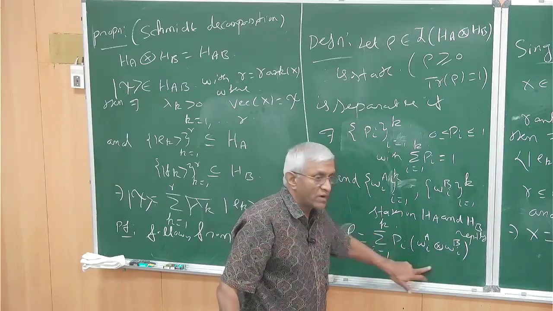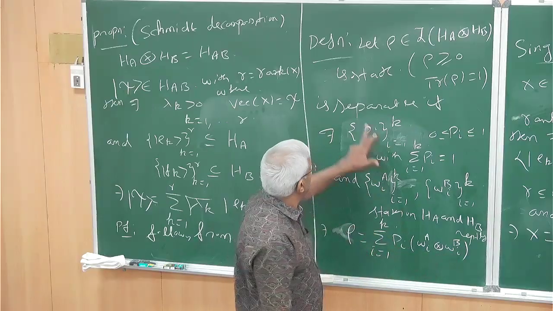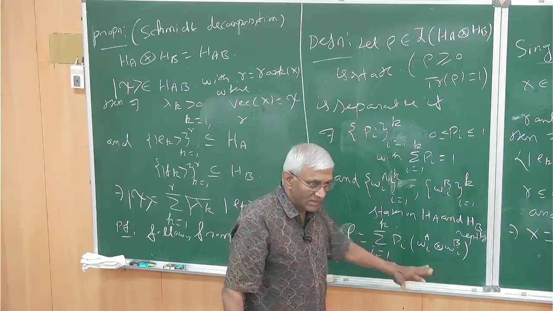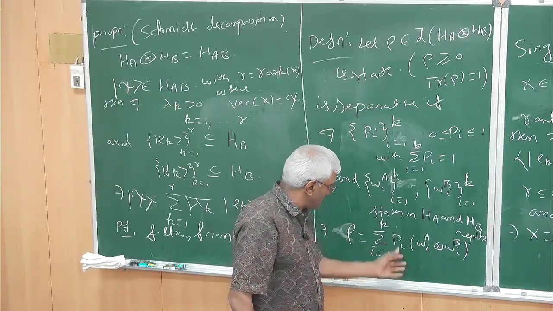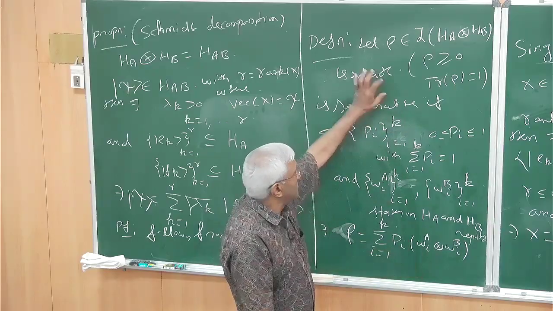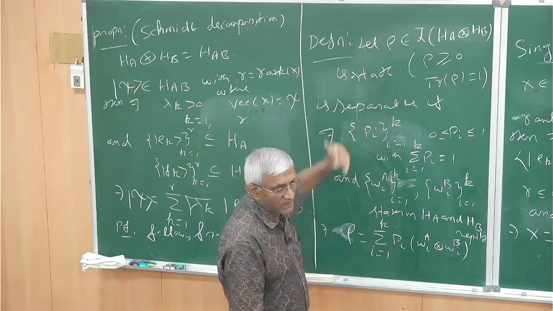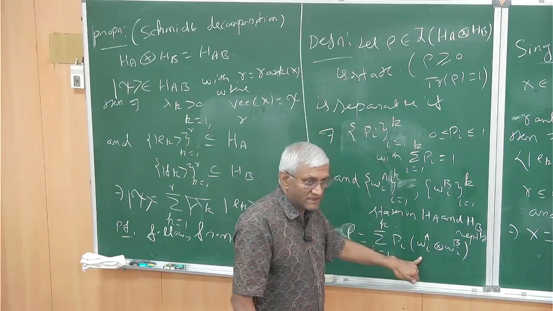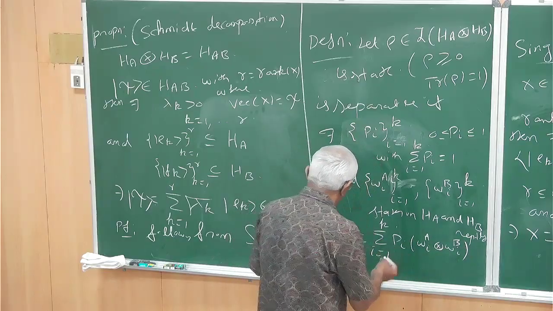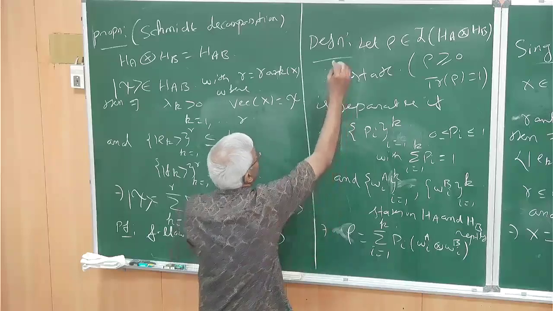This is what is called a product state. I mean, a state need not be written like that. It will usually be a linear combination of that. This is a convex linear combination of product states. That is what we call a separable state. A state is separable if it is a convex linear combination of these product states. Okay, maybe I will define here.